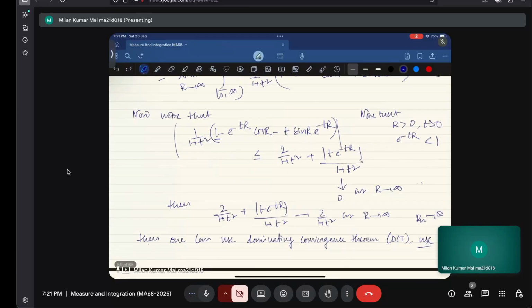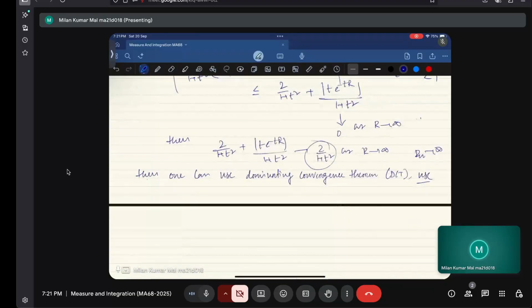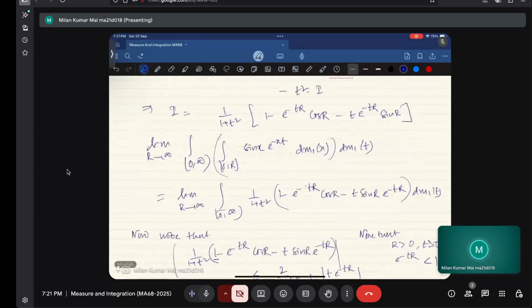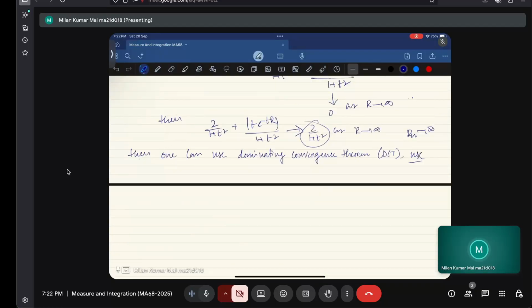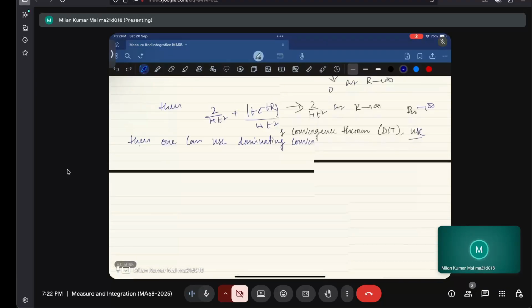Now one can use the dominated convergence theorem, and then we can take the limit n tends to infinity inside, because this sequence will be dominated by this function. Let's take a sequence Rn, with each Rn going to infinity. For each Rn, whatever it will be, this will be called a function f_Rn, and that will be dominated by the function 2 by 1 plus t square. And next you can use the dominated convergence theorem,